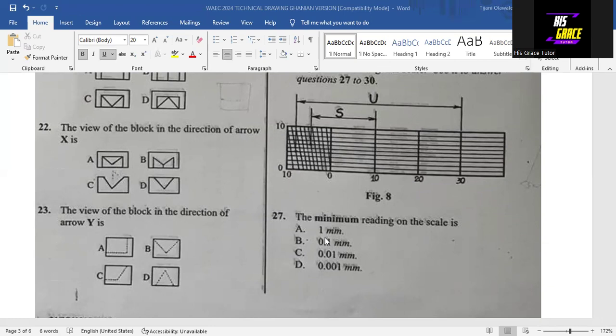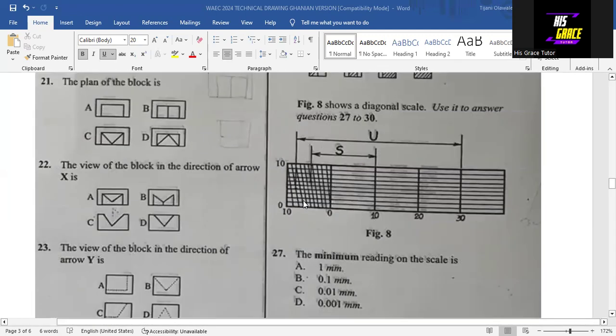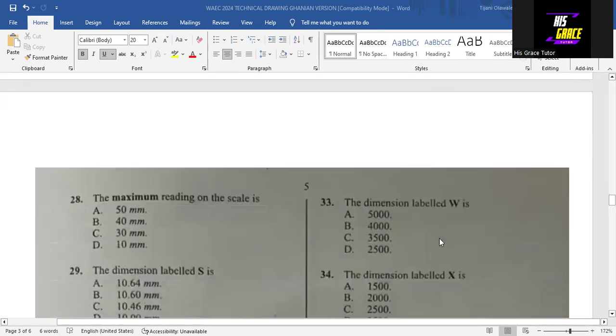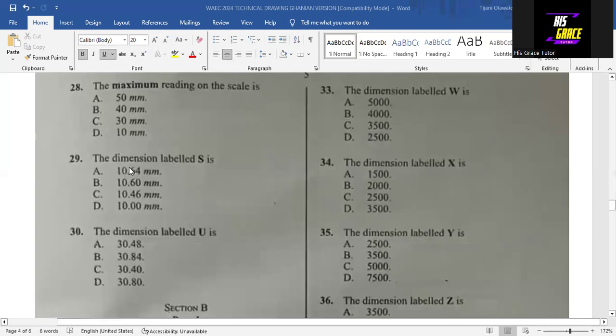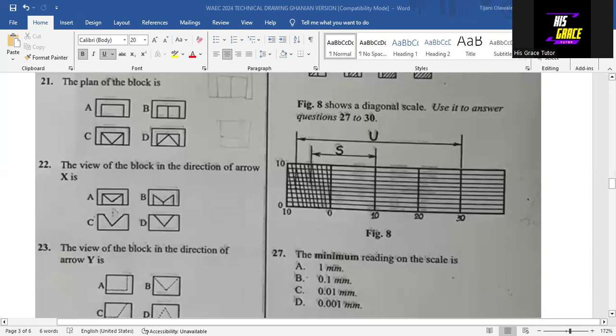Okay, it is 1 millimeter. So the answer is 1 millimeter. That's minimum reading. Then question 28 says that the maximum reading on the scale is, we have 10, so 20, 30, 40, 50. So it is 50 millimeters. That's option A. Then question 29 says that the dimension labeled S is,